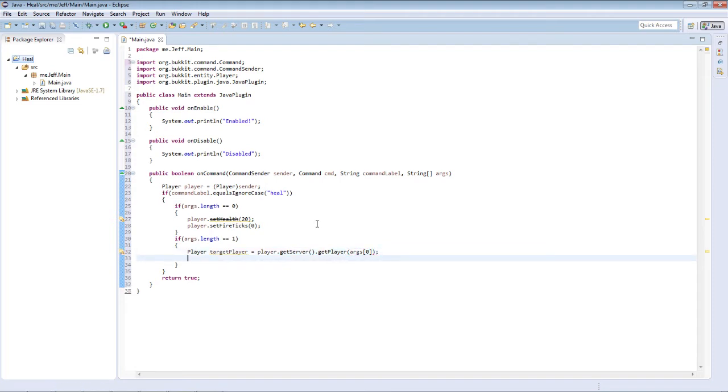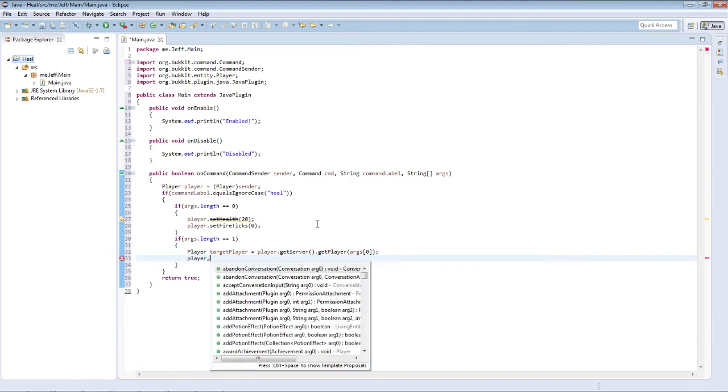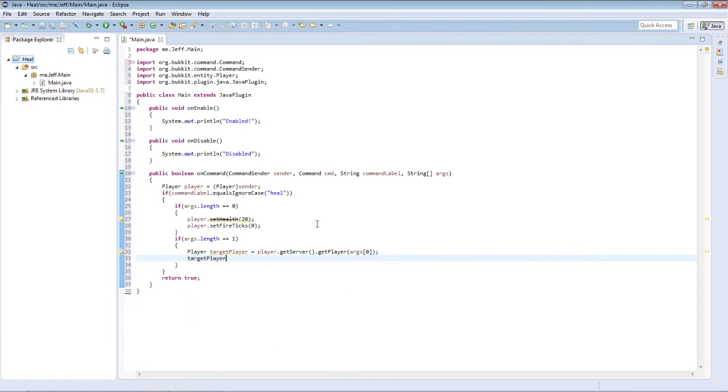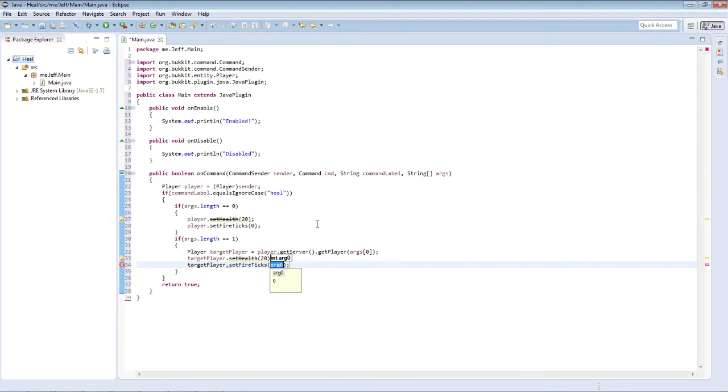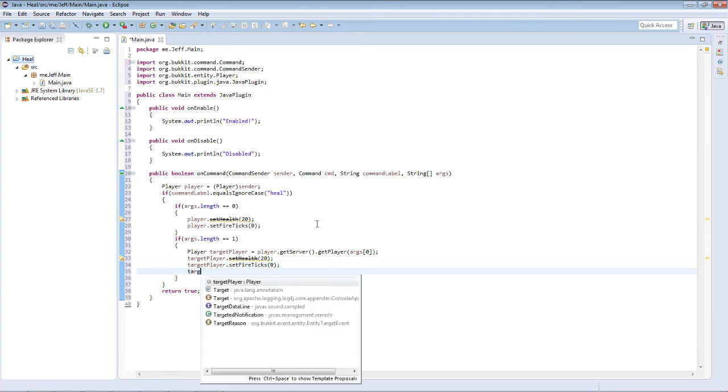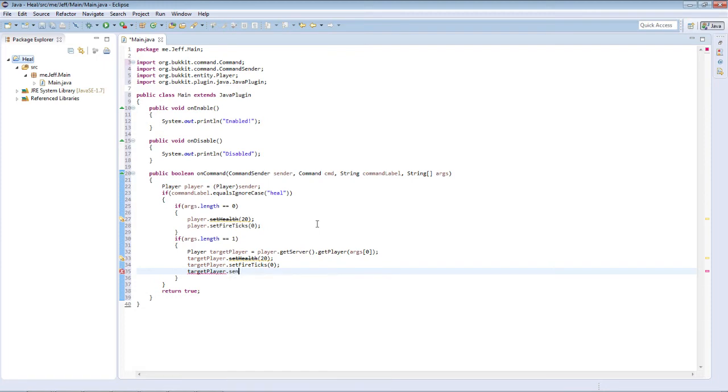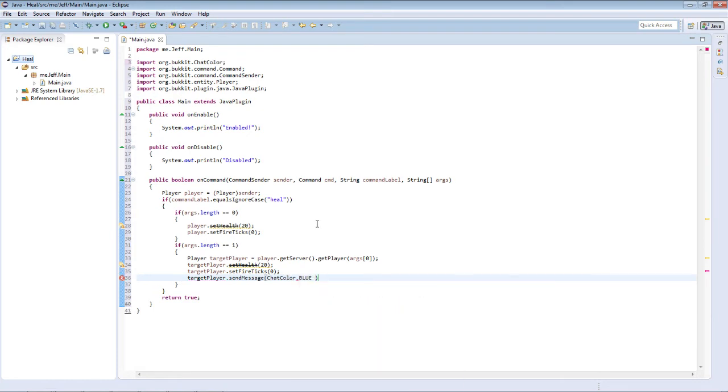And then you're gonna do target player dot set health 20, target player dot set fire tick 0, and let's just do a target player dot send message, chat color dot blue plus "healed." And then let's do the same up here, I mean,